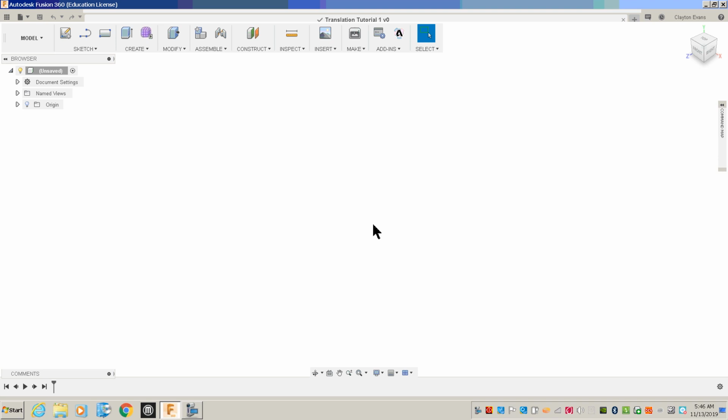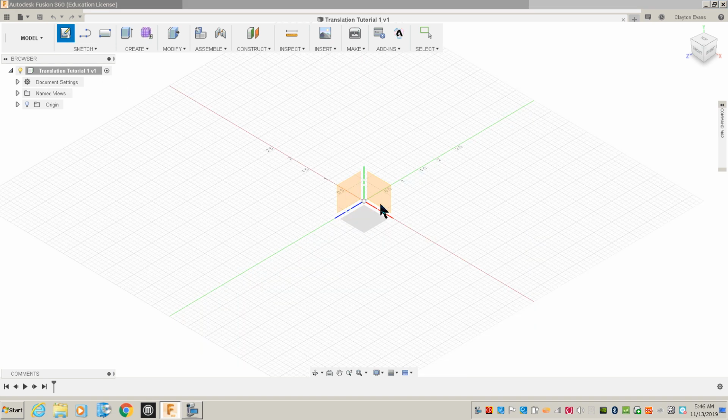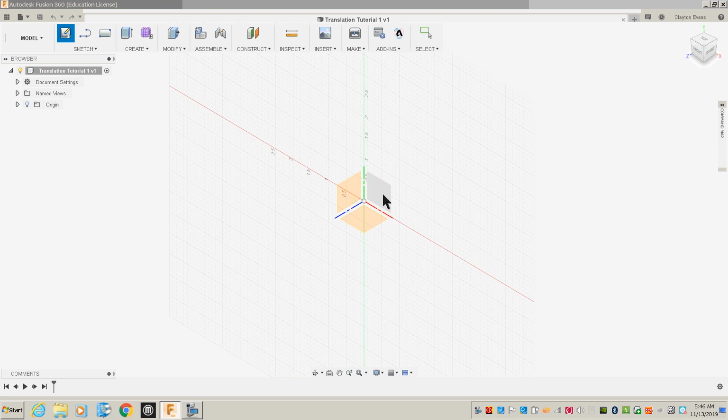The first thing I need to do to start translating shapes is draw the shapes on a sketch. So I go to my toolbar. Again, you can hover over any of these buttons to see what they do. I want to create a sketch, so I click and release on Create Sketch, and the software will prompt me to choose a plane. I'm going to select the XY plane,